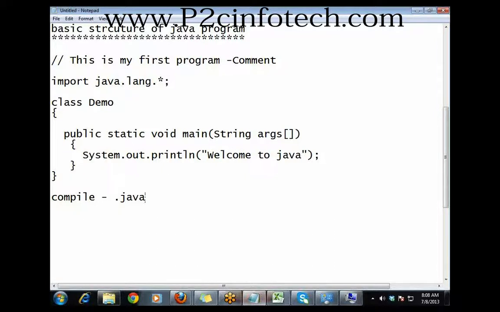When you compile, the .java program will be compiled into a .class file, which is in the form of bytecode understood by the system. Whenever it is compiling, it will check line by line whether there is any error or not. If there are no errors, only then it will compile. If you start writing anything in general English, Java cannot understand. The Java compiler understands only Java, not English. Okay, but I have written some